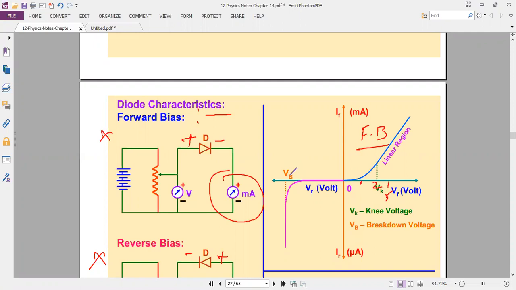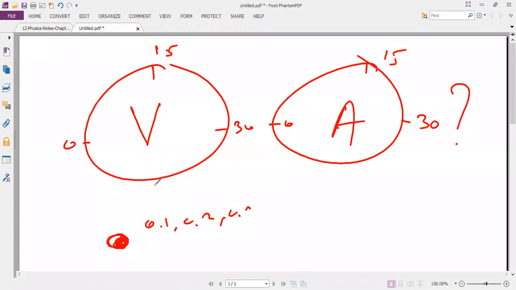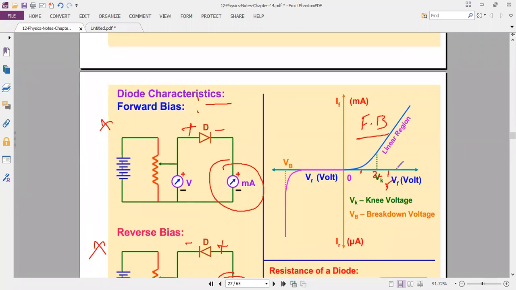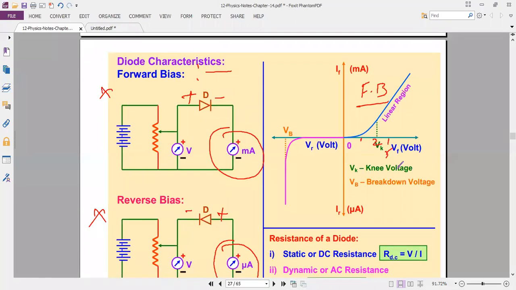In forward bias, the current is in milliamperes. In the lab, how we observe it: with the voltmeter and ammeter, there is one small rotation knob. With this knob, I slightly increase 0.1, 0.2, 0.3, 0.4, like that. Up to 1.9, there are only slight changes. After 2, I take it up to 10 and 15 also, and the current is constant. Okay, this is for the forward bias.